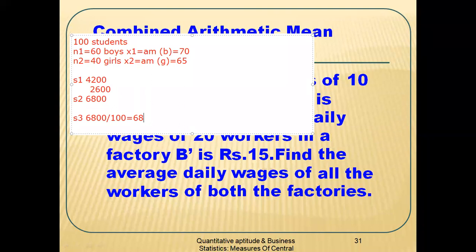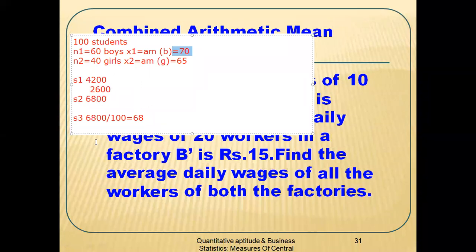So the point of discussion here is, whenever two sets of observations are given, and if the arithmetic means are also available for the two sets, in that circumstance, how to calculate the combined arithmetic mean? Very simple. Multiply the number of observations of the first group with its arithmetic mean. Similarly, multiply the second group's observations with its arithmetic mean. Now by multiplying, you will get the products. The sum of these two together will be your step 2 value.